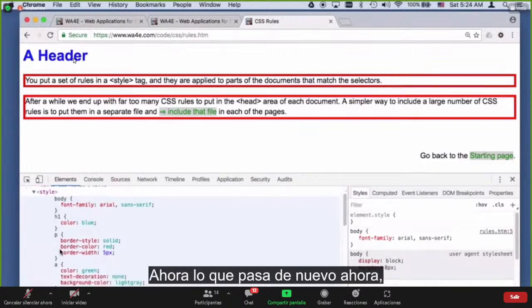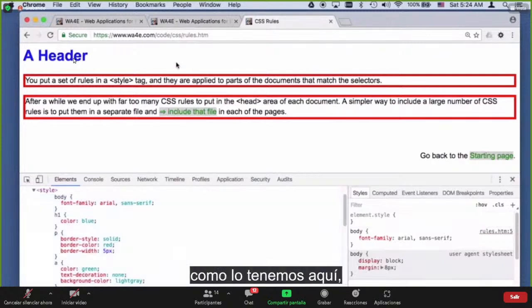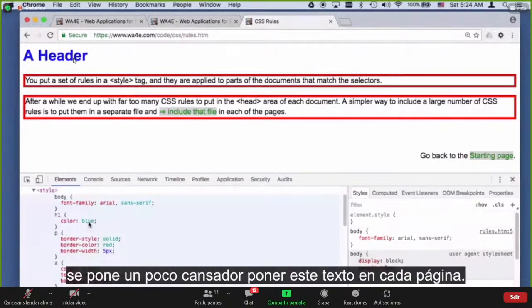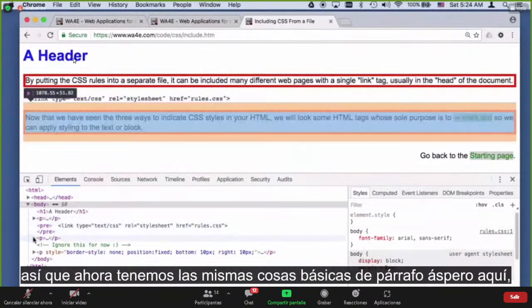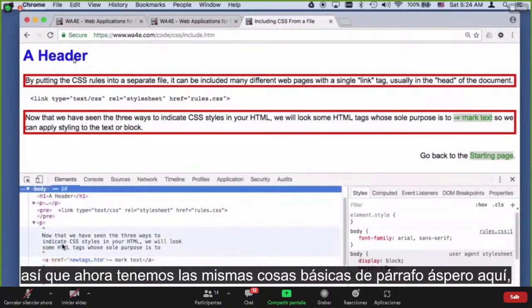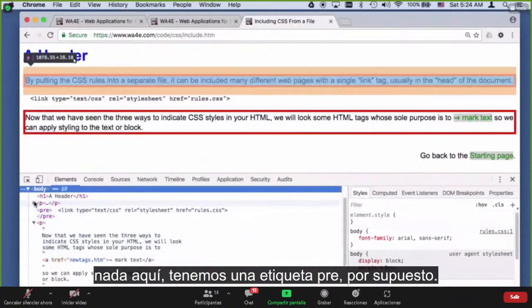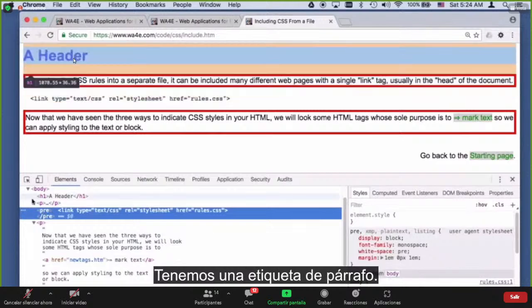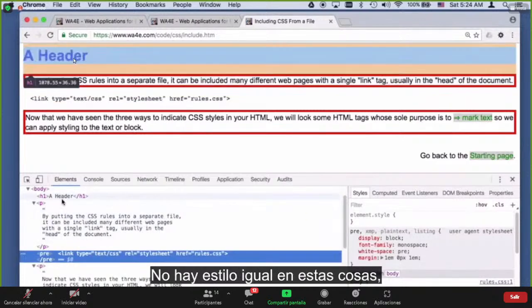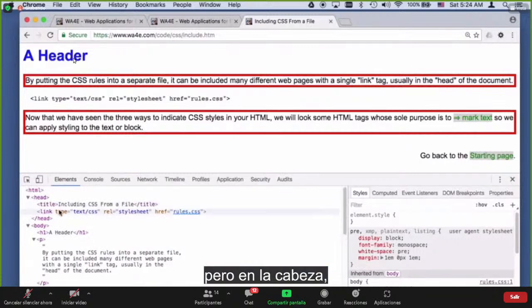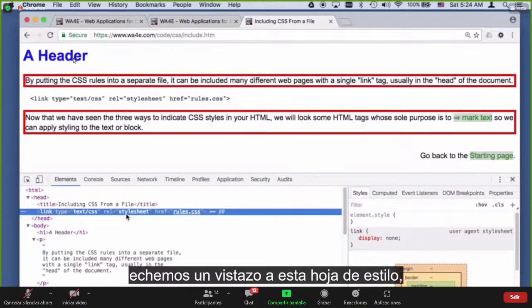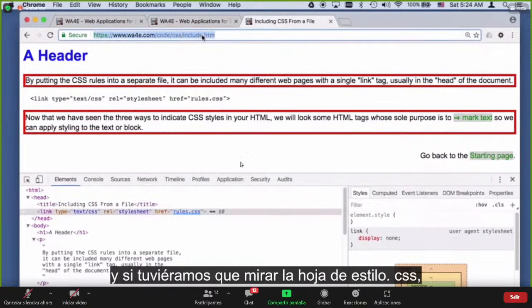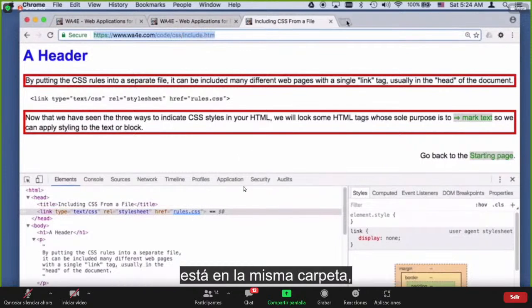Now if you have multiple pages, as we have here, it gets a little tiresome to put this text in every page. So what's really common instead is this: we have the same basic rough paragraph stuff here, nothing in here. We have a pre tag, of course. We have a paragraph tag. There's no style equals on these things. But up in the head, we have one line right here that basically says, let's take a look at this style sheet. And if we were to look at the style sheet,